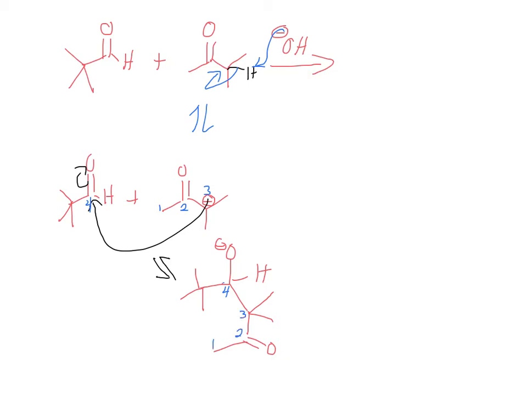Let's make sure I haven't lost any carbons along the way here. So far looks pretty good. So you have a tetrahedral intermediate. You ask yourself, what's the best leaving group? Is there even a leaving group here? Nope. So usually the second step in these aldols, along the way we made water. So this can take that H,